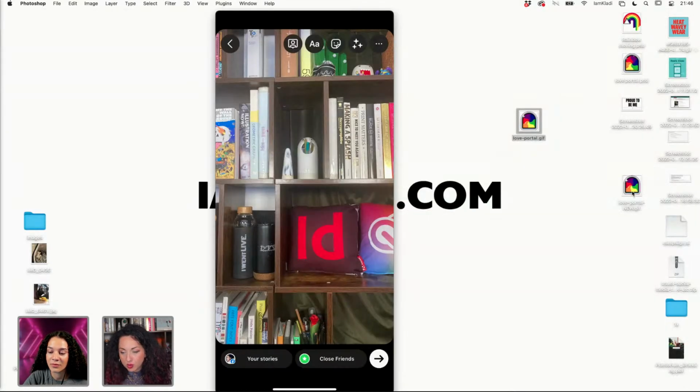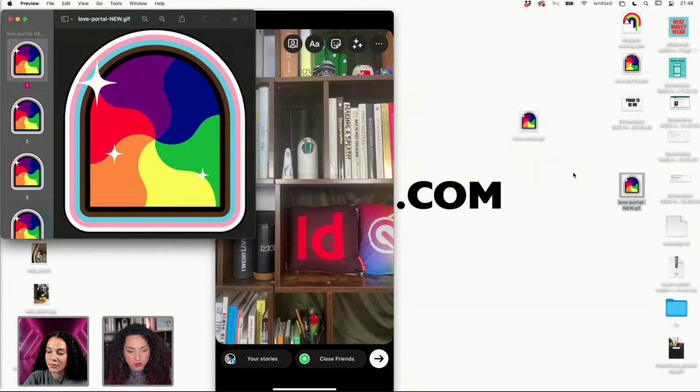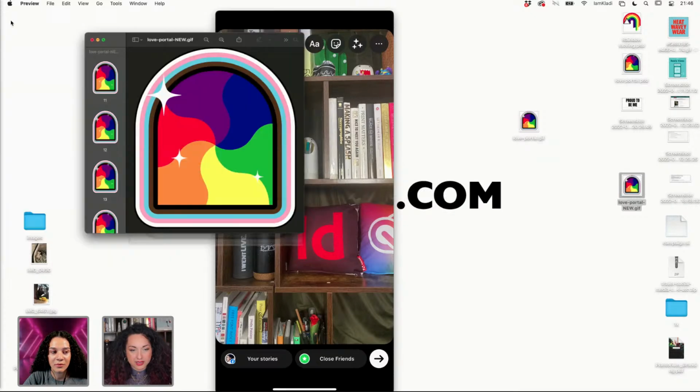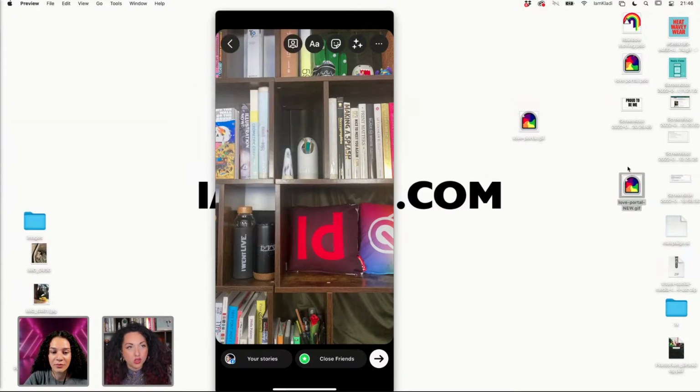by the way, once you open your GIF on your computer, it will just show you all the different breakdown of your frames. So that's absolutely fine. But once you have it on your phone,